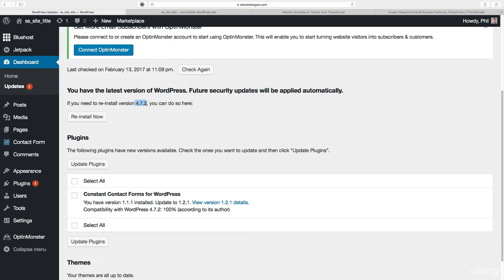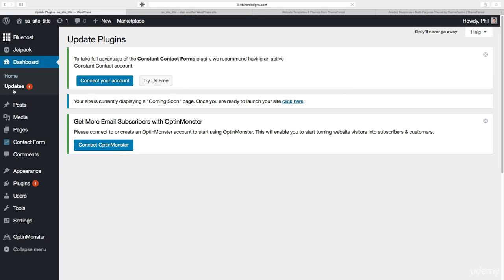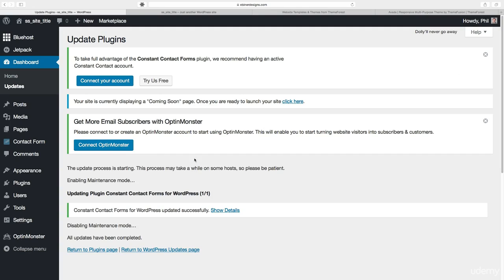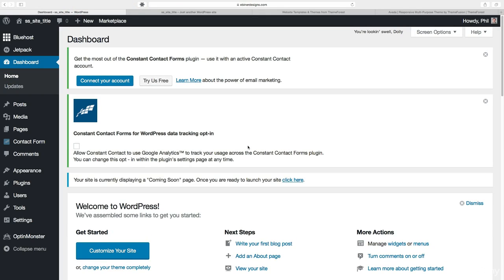Right now I'm using WordPress version 4.7.2, but sometimes WordPress does get a facelift or some sort of update that might have to do with security. So you want to make sure that you're updating to the latest forms of your plugins or themes or whatever. So to do that, you will click on whatever needs to be updated, and then click Update Plugins. Now, there are other ways to update individual plugins via the plugin page, but that's the easiest way right from this Updates page. Now I've updated that plugin that was already pre-installed, and I have no more notifications for updates. Cool, so that's it for the dashboard right now. In the next lesson, I'm going to show you how to install a new theme.